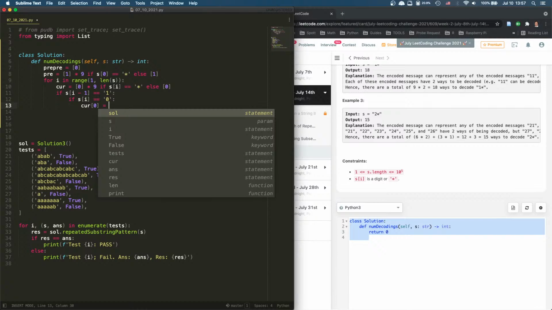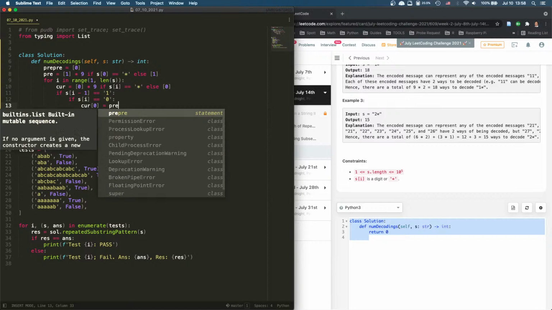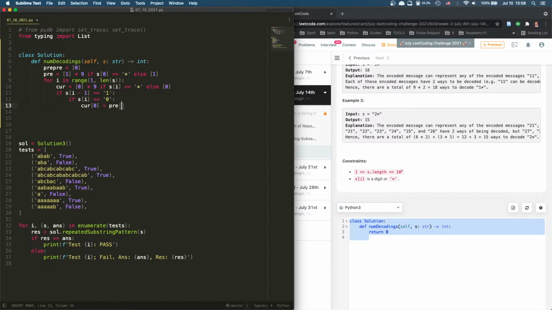Current will equal to combination, right? That means current is going to equal to pre-0, because no, not pre-0, pre-0. Current equal to pre-0,